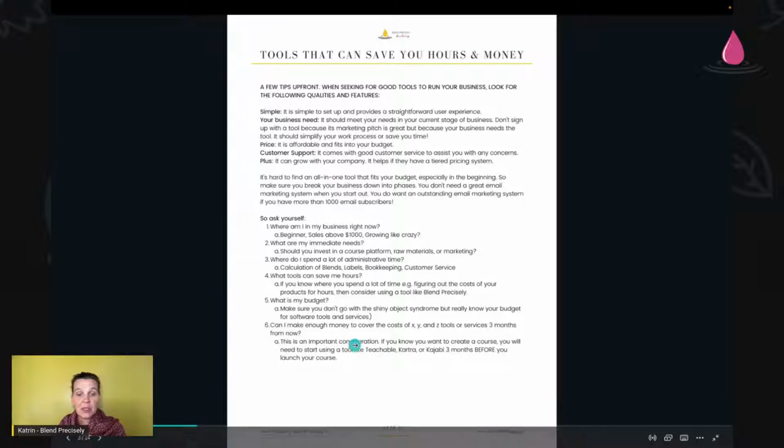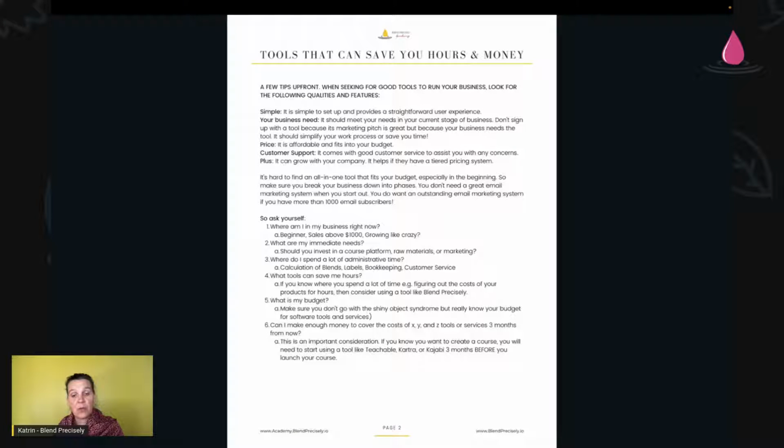And then the sixth point is what I mentioned already. Can I make enough money to cover the cost for X, Y, and Z? If you know exactly what you want to do in your business and you know you're going to reach that point in 3 months or 6 months from now, you should probably already invest in a tool that will make your life easier at a later point. For me, that was Kajabi too. Many others use Teachable, or there's Thinkific, Podia, Mighty Networks, and so on.